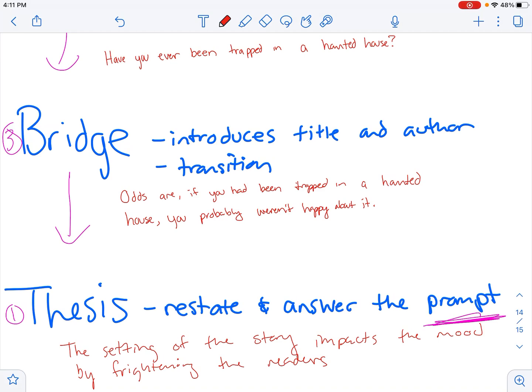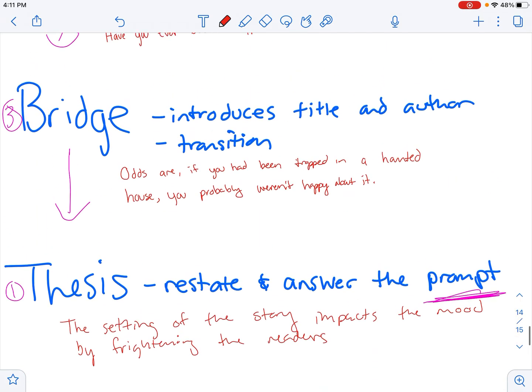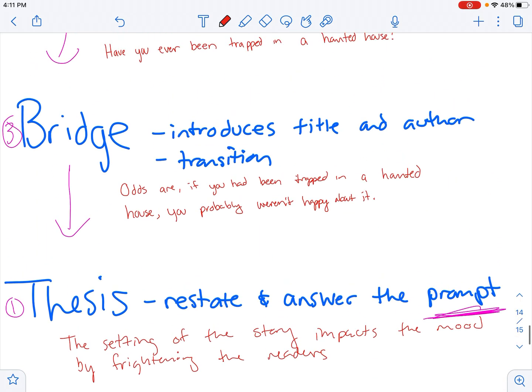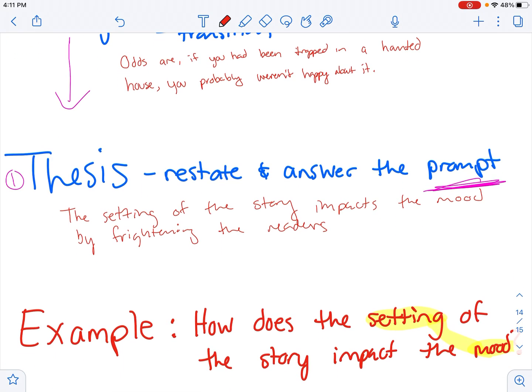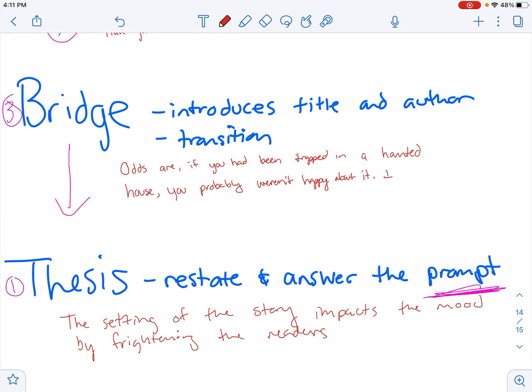So what I'm doing there is I'm now starting to bring in this idea of mood. I'm starting to connect now to the mood, okay? But if I go from this to all of a sudden the setting of the story impacts the mood, they don't know what I'm talking about yet. So we want to now introduce our text. What did we call it? The Monster. So I can say, in the story, The Monster,